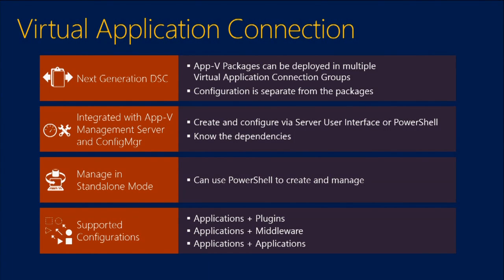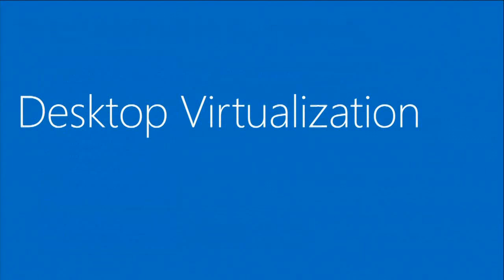App-V isolates. It not only state separates, but it isolates. It truly virtualizes. And by virtualization, we play tricks with the operating system and with the application to mask the presence of applications from each other. Now, we have configuration options that allow us to poke holes and allow for certain types of interaction, but if you want to virtualize your applications but have them interface with each other in literally the same bubble or virtual environment, and when I speak of bubble and virtual environment, those are synonymous terms, then that's where connection groups are going to come in very handy for you.